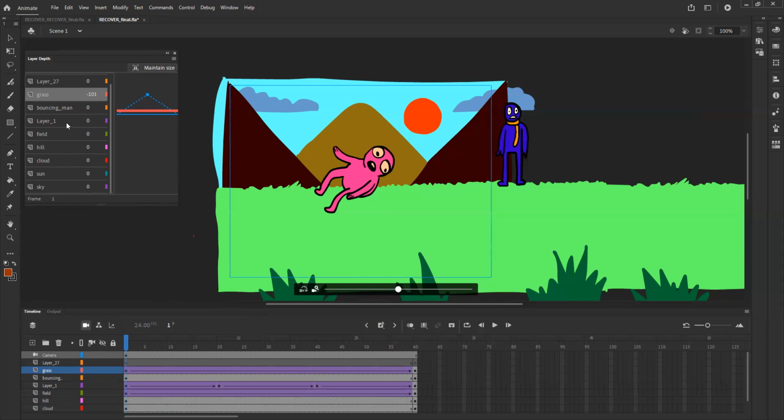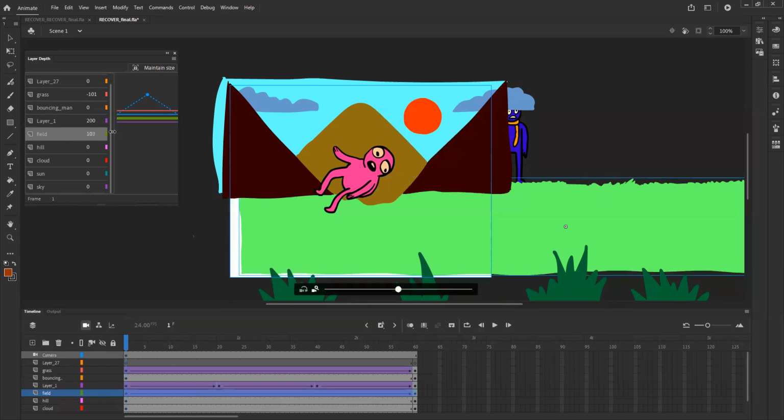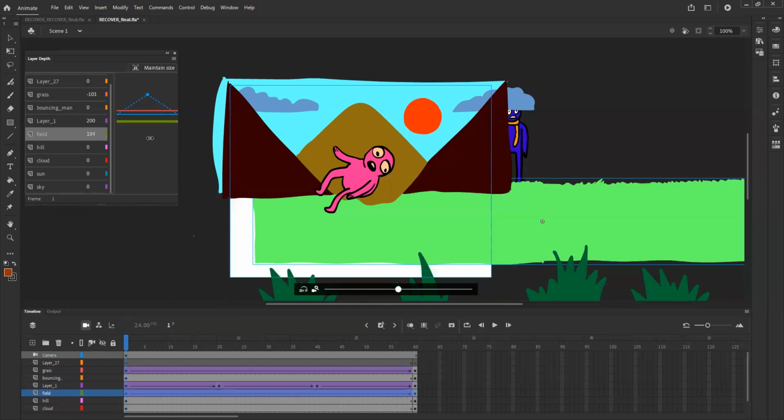Next comes this character. We will be giving it a little bit because it is far away. So this will be around, let's say, 200. Now it has gone behind the mountains because we have not given any value to the mountains. We will give it, don't worry, to the field. So the field will be a little bit more, maybe